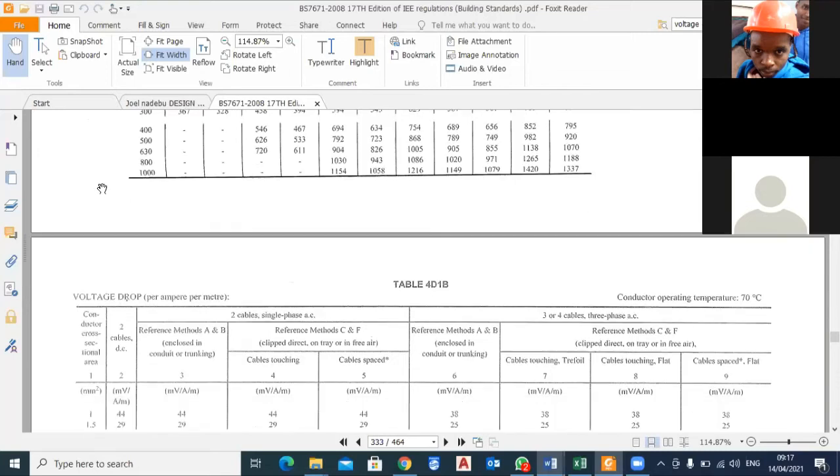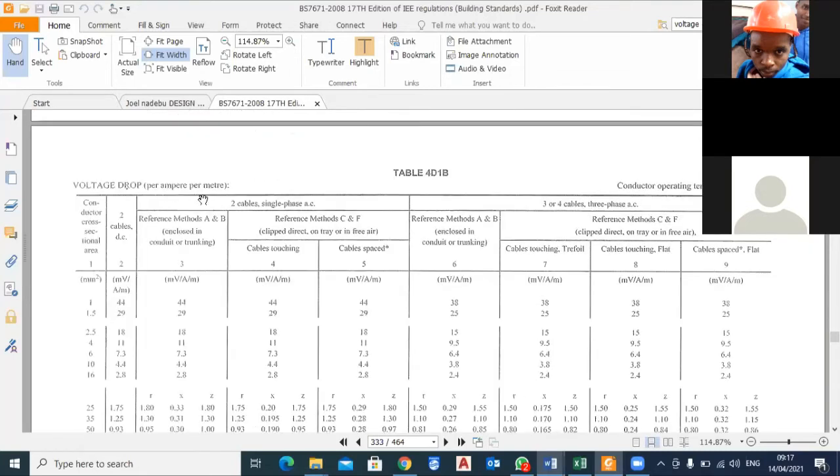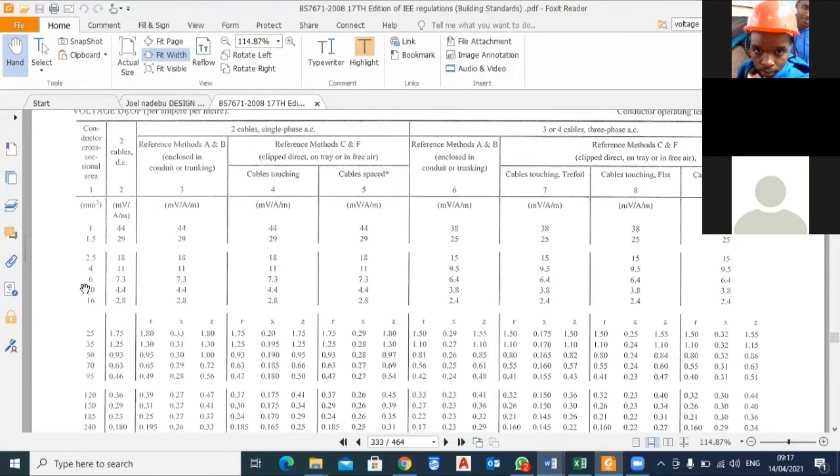Iko on voltage drop per ampere per meter. So like utaenda kwa cable yetu tumechagua, we have worked on 25 and also 16. So for 16 millimeter square,